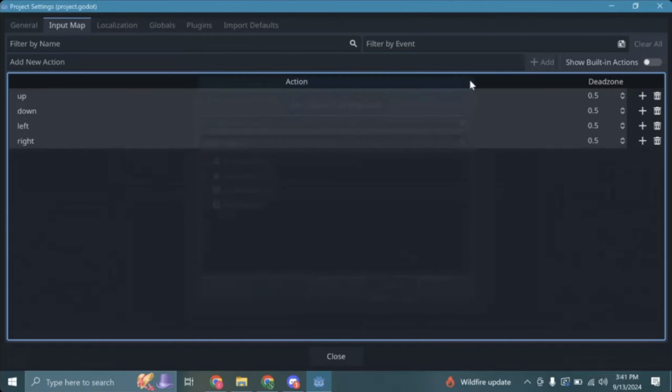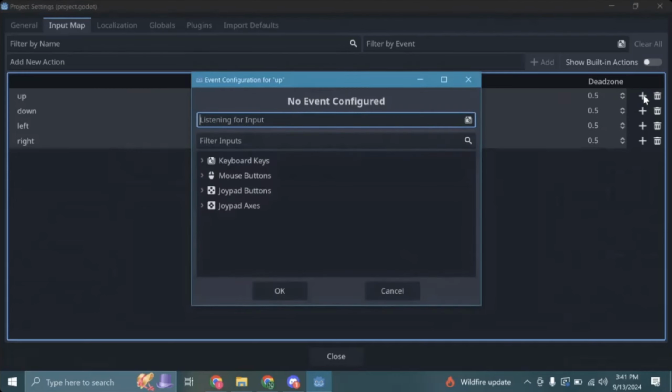Okay. Now we're going to assign keyboard actions to these input actions, because we just put them in and they're not going to have an assigned input. So what we're going to do is click this plus sign, add event, and then press the key that you want to match to this event. So for up, I like WASD, but you could also do the arrow keys. So I'm going to put W,